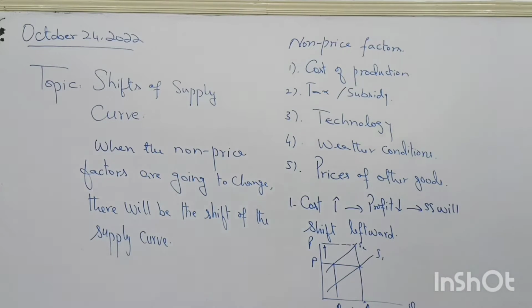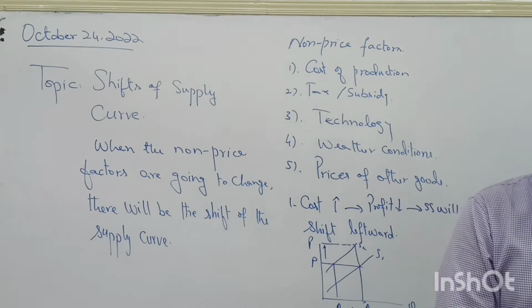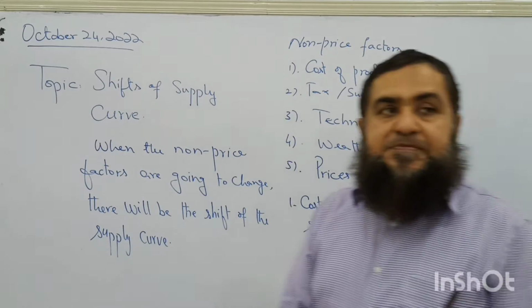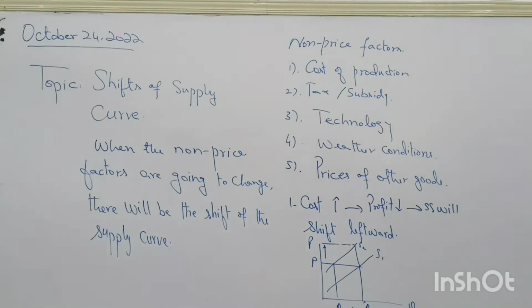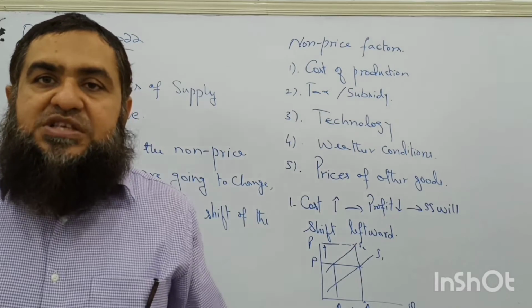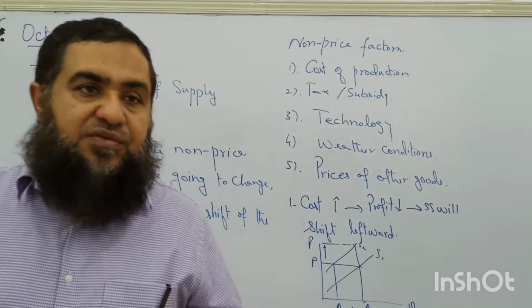Clear or not? So horizontal shift will tell us about the change in the quantity produced by the producers at each price, whereas the vertical shift will tell us about the price they are going to charge for the same level of output. Now if cost of production decreases, what happens? When cost of production decreases due to decrease in the price of raw material or wages, which are usually not coming downward, if due to some reasons wages have gone down, the supply of the output will shift rightward.